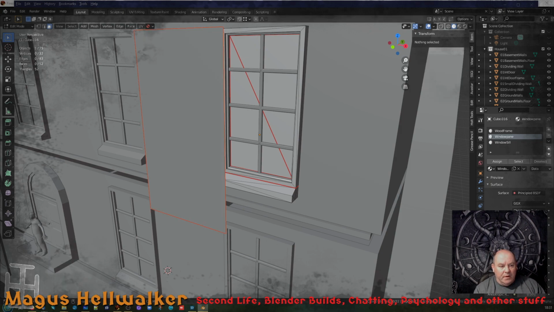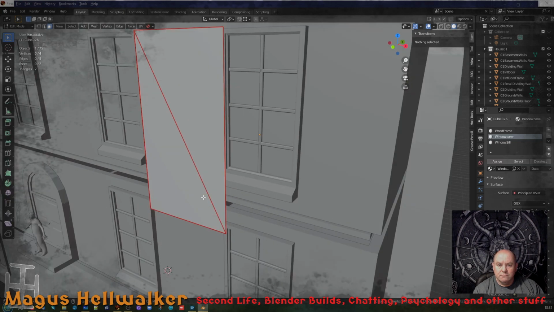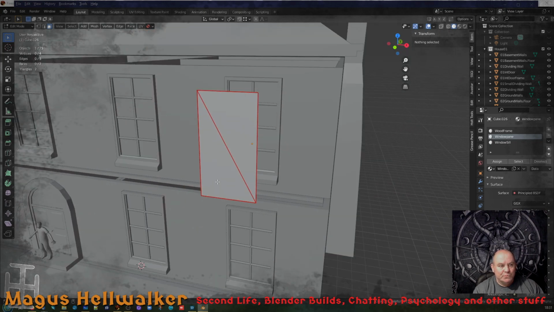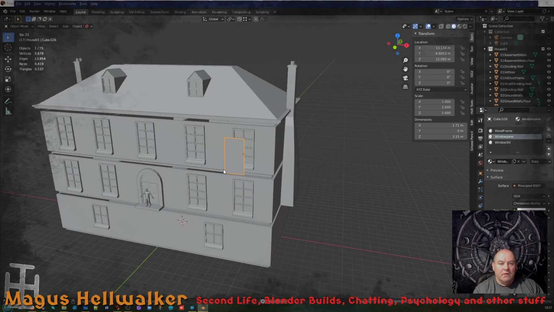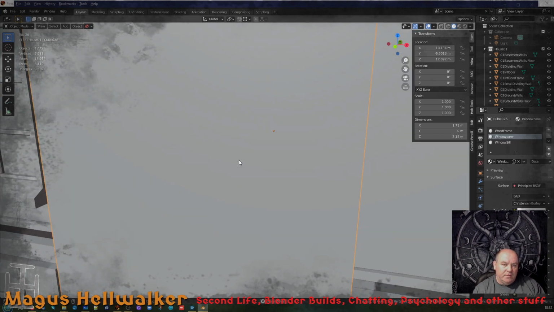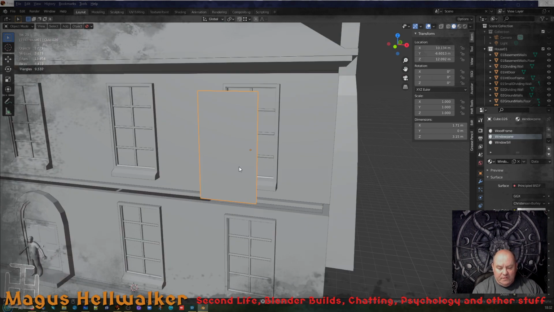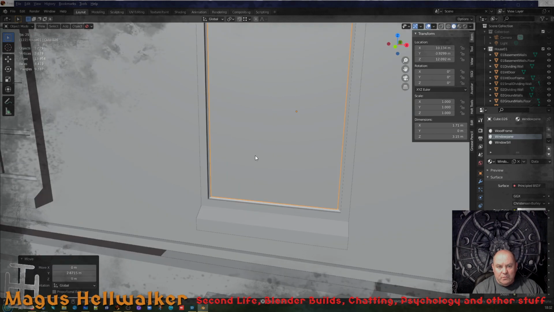Let's just separate that. That seems to be fine. I think what I'll do is, okay, so I know that that's just the size of the pane. I think the best thing to do would be